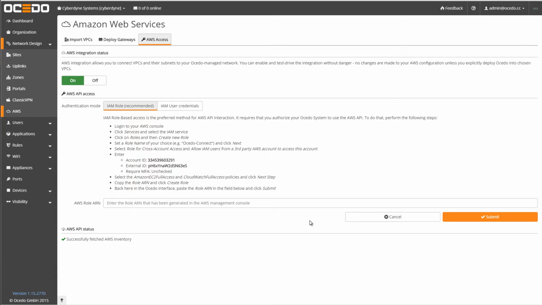Now that I've subscribed to Ocedo for AWS and logged into the cloud console for my company, Cyberdyne Systems, yes, we're geeks around here, I can set up the AWS integration from this tab here under Network Design on AWS. Now I've turned on the integration status, but what I do need to do now is log into my AWS console and create an IAM role, allowing Ocedo to access my Amazon infrastructure so it can perform some of the